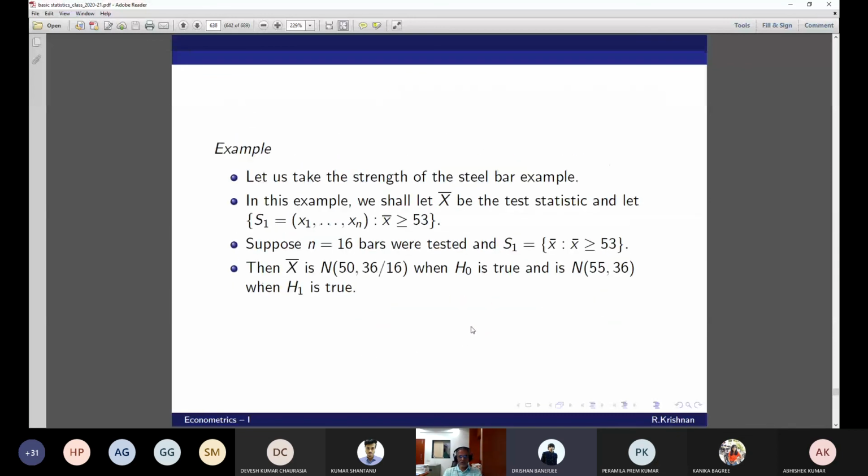I understand the difference between power and power function, but what was the size of the test? Size of the test is your type 1 error, alpha. You ask a good question. In the profession, there's always a fight between size and significance level. For this class, and even in the last class, the same problem happened. The significance level is the size of the test. Is it okay?